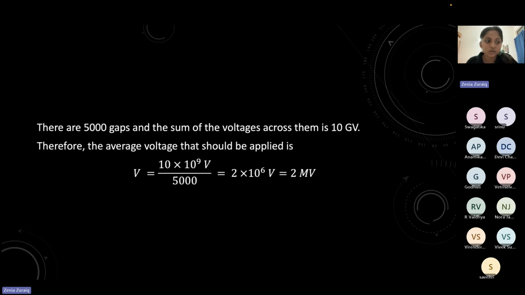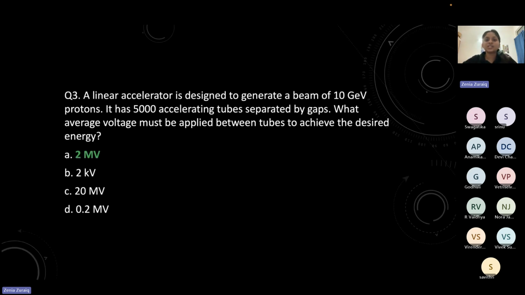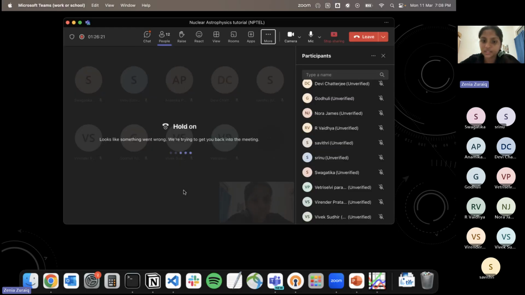So others, I hope you might have made some mistake in the powers. So please be very careful with these things. Giga means 10 to the power of 9. Mega or million, they both are the same. That is 10 power 6. And of course, when Gauss is there, as we